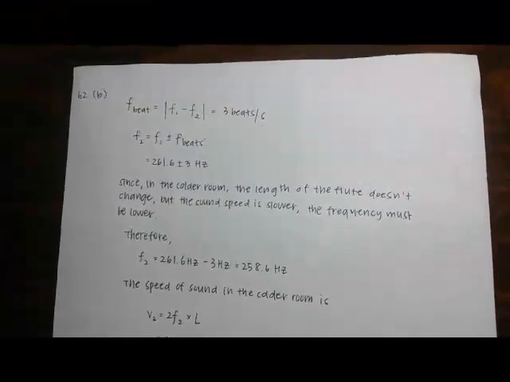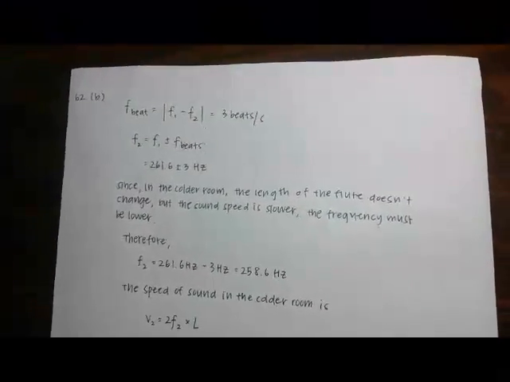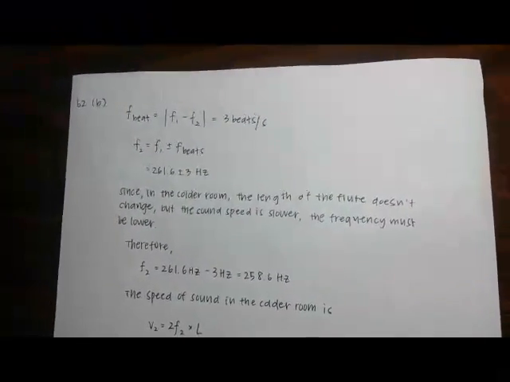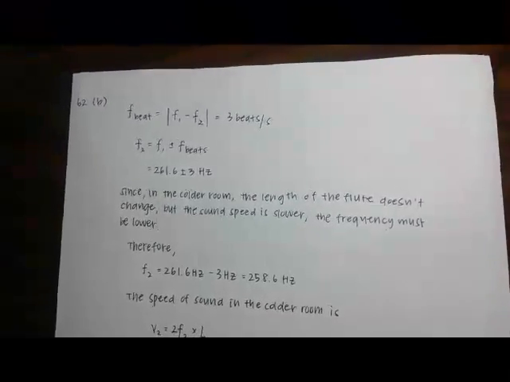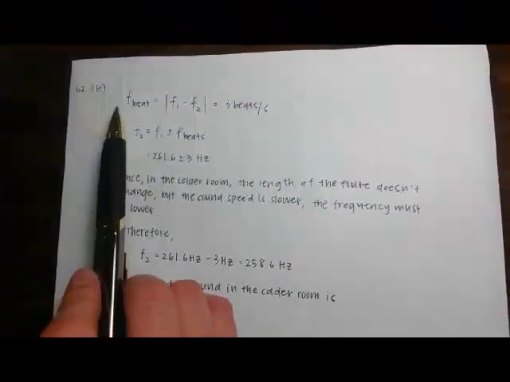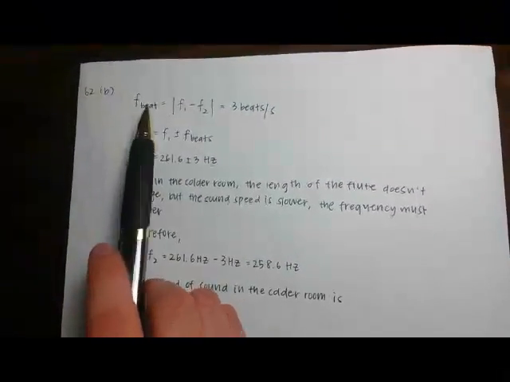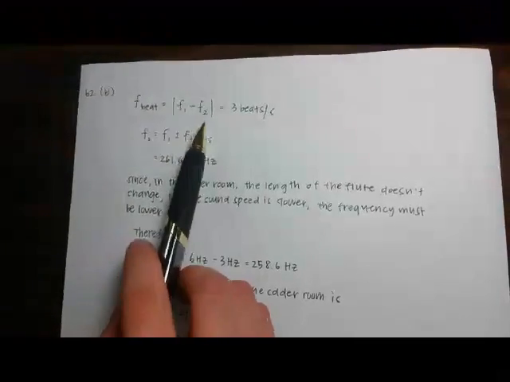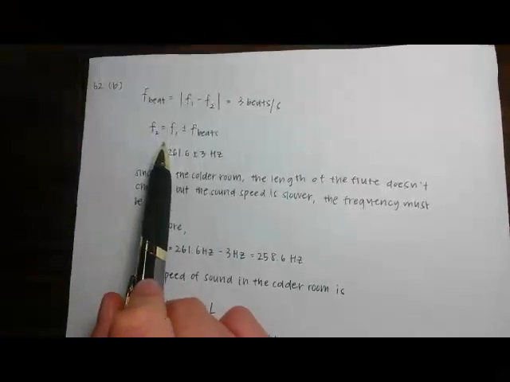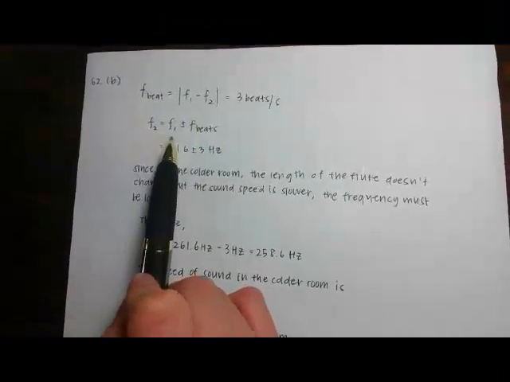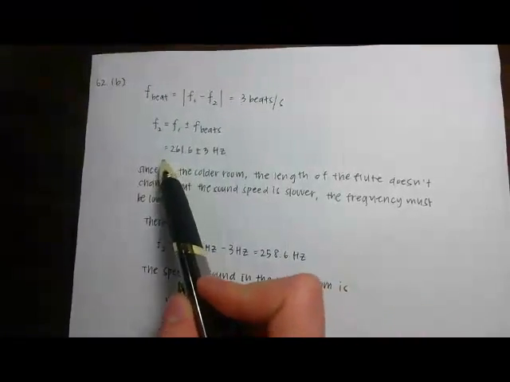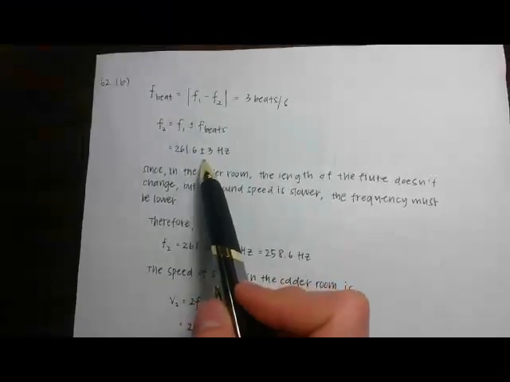Part B, we are looking to see what the temperature of a colder room is, and that room is where the second player played an identical flute and tries to play it at the same frequency. So F beat equals the absolute value of F1 minus F2 equals 3 beats per second, and rearranging the equation, F2 is F1 plus or minus F beat, and plugging in the numbers, you'll get F2 equals 261.6 plus or